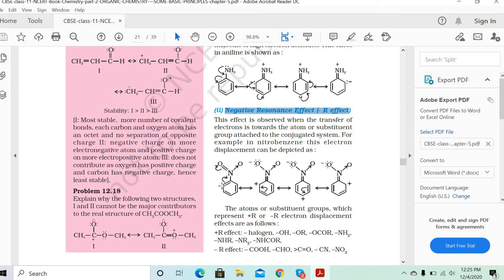Got it? Okay. Now what happens? The second carbon atom acquired a slight positive charge because this carbon has given the electron to another carbon atom, so that the nitrogen can form the double bond with that. First, oxygen is highly electronegative, so oxygen takes the electron to it, so it forms a single bond. Because of this single bond, nitrogen has to form the double bond with the first carbon atom, and in order to do so, the second carbon atom has to give its electron to another carbon atom, so that's why it develops a slight positive charge.